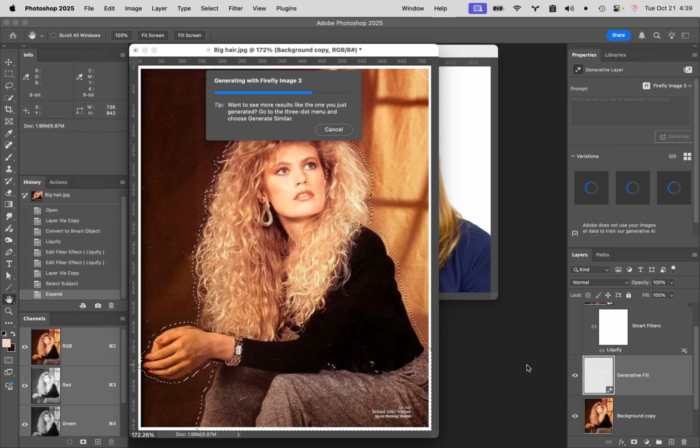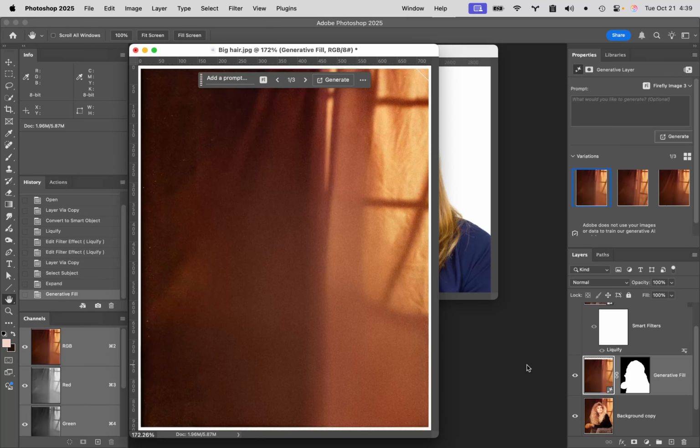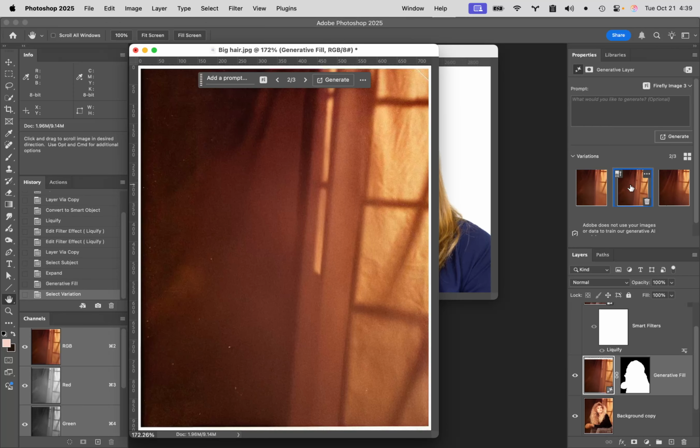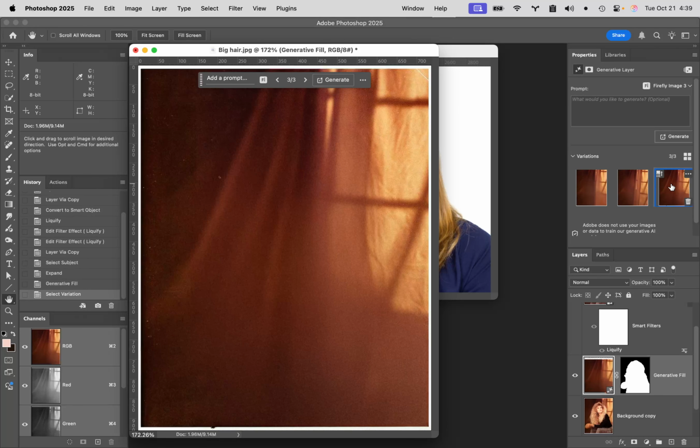We'll get into generative fill and AI at a deeper level than where we are right now. The first version I get of this doesn't look that great to me, but you remember, you've got options up in the properties panel of the generative fill. You get 3 of them when you do this. So I'm going to click on the one that's right next to it, and that has a little bit better feeling to me. And then I'm going to click on the last one, and the last one seems to me to be the closest to the way the image actually was. So I'm going to go with the last version of